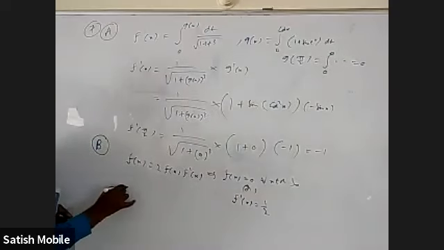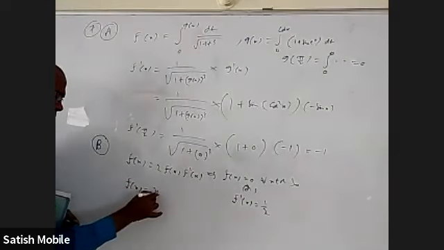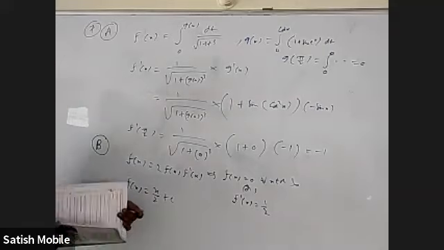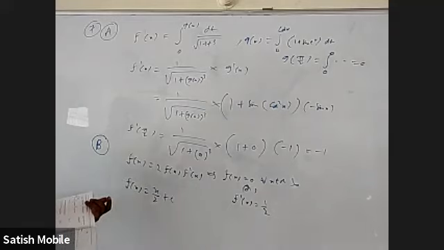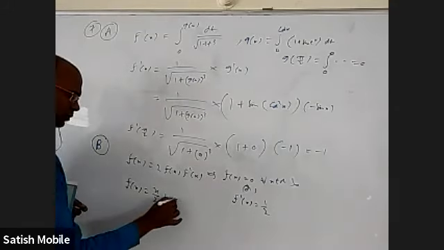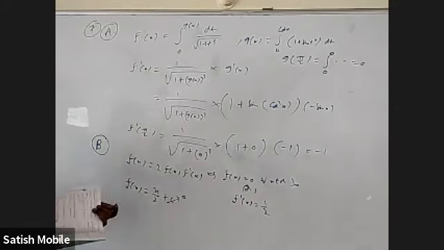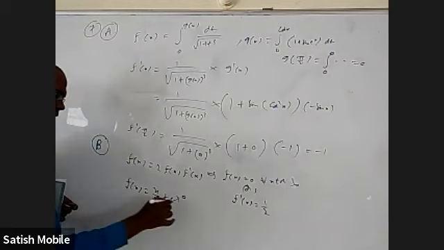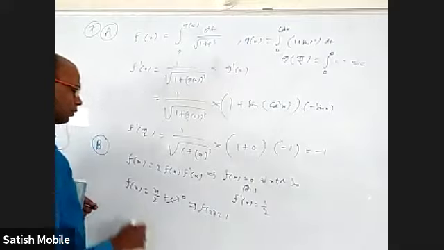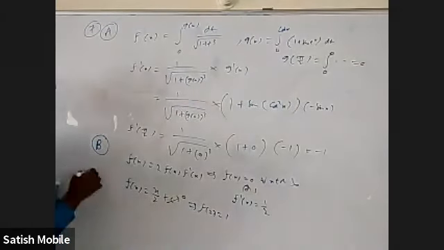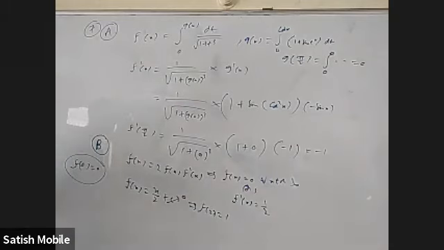If you integrate, you will get f of x is equal to x by 2 plus c. But how to find the constant? F of 0 should be 0, so c should be 0. So we simply got f of x equal to x by 2. Now they want f of 2, it will be 1. We know f of 0 is 0 right in the beginning, because of that the constant is 0.